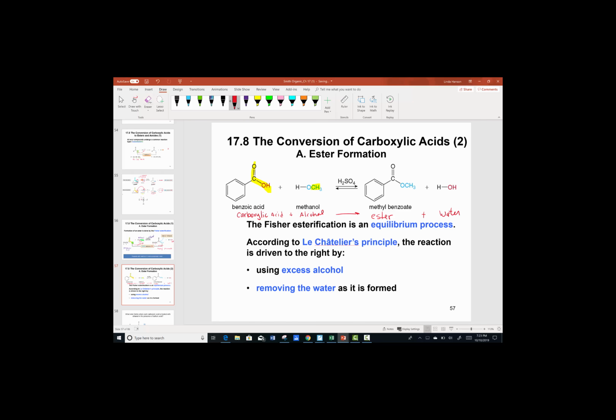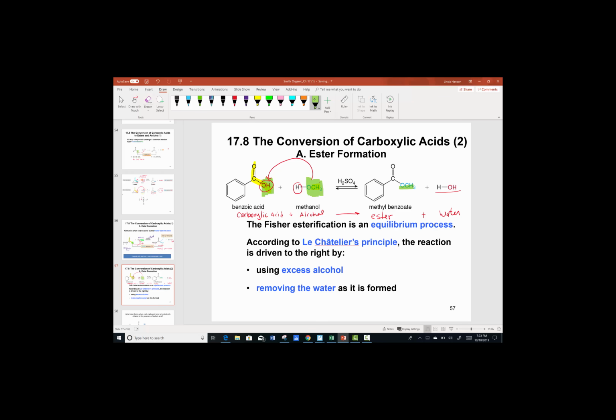And really, it's nothing more than a substitution reaction. We're going to take the H and the OH to form the water. And let me highlight this, we'll take the OCH3 and the OH and exchange their places. So on the original carboxylic acid, the new functional group will become OCH3. Methyl benzoate and water. This process of converting the OH into an ester group is known as Fischer esterification, and